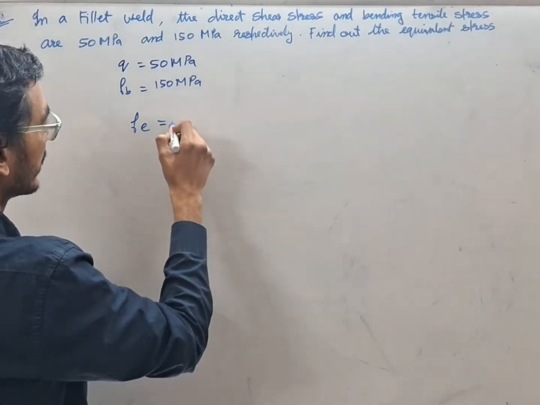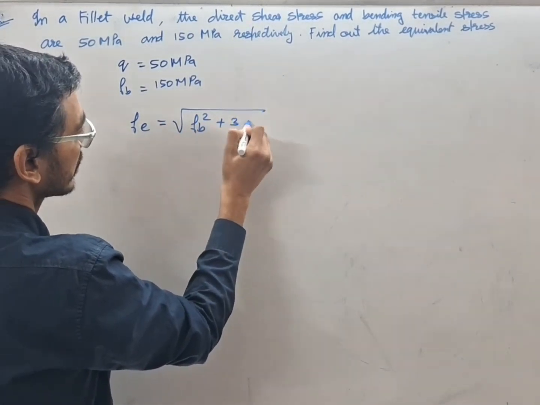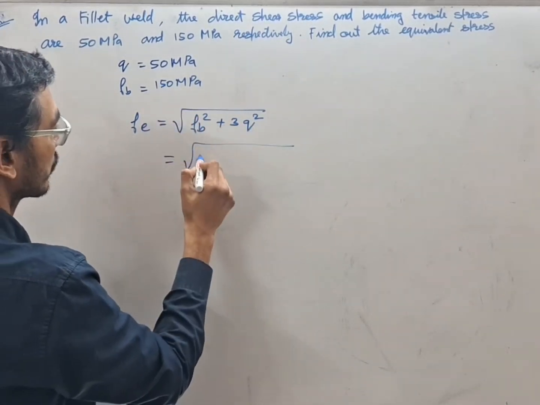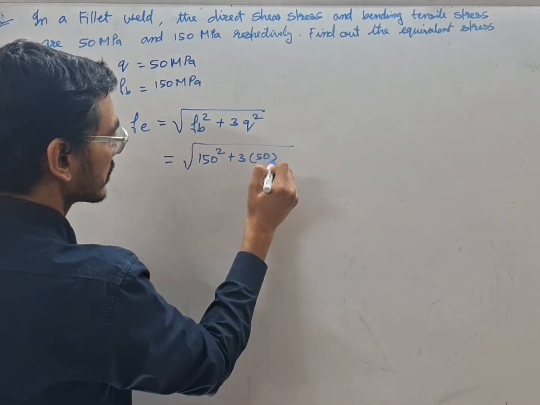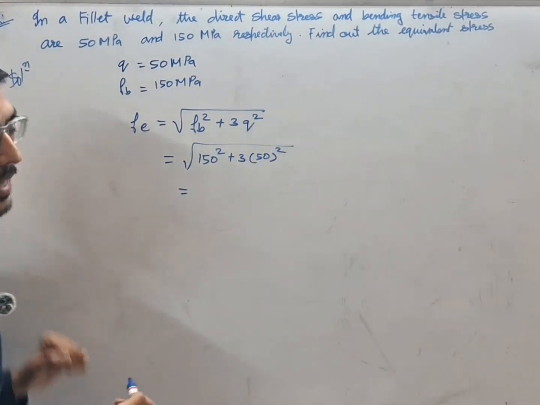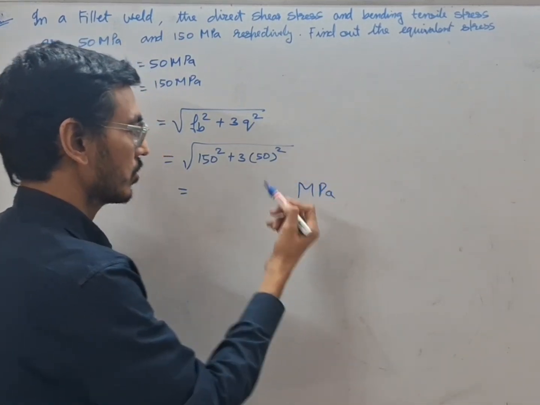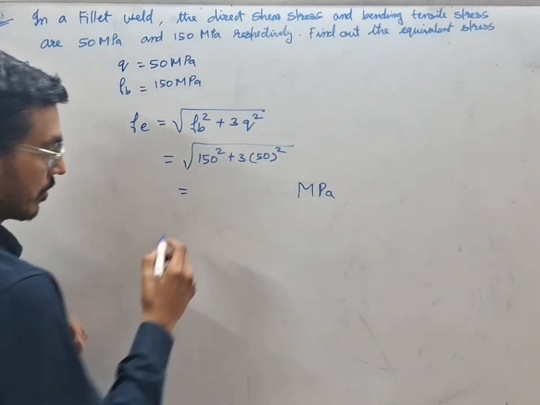Fe is equal to under root FB square plus 3Q square. Again, just FB is 150, so under root 150 square plus 3 into 50 square. Okay, so directly we will get the answer in terms of megapascal. So if you calculate it, you will get the answer